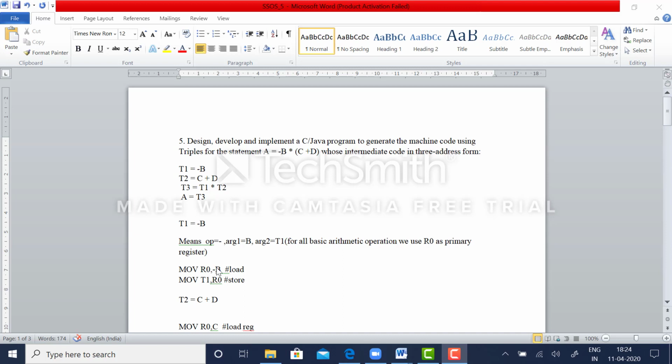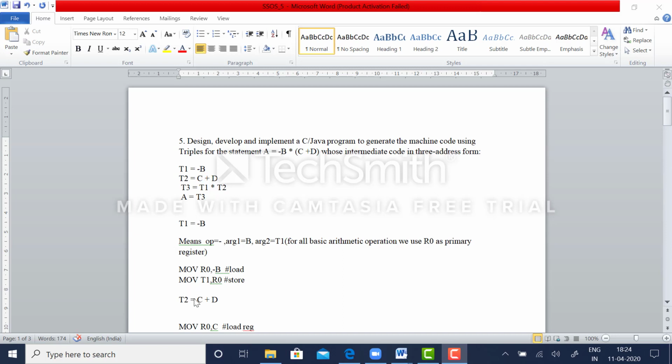That is, you are loading the value to the register. Once minus b is stored in R0, since R0 is the register which is required in all the operations, this value is stored in a temporary variable t1. So this is the intermediate code generation for the first line in your triple.